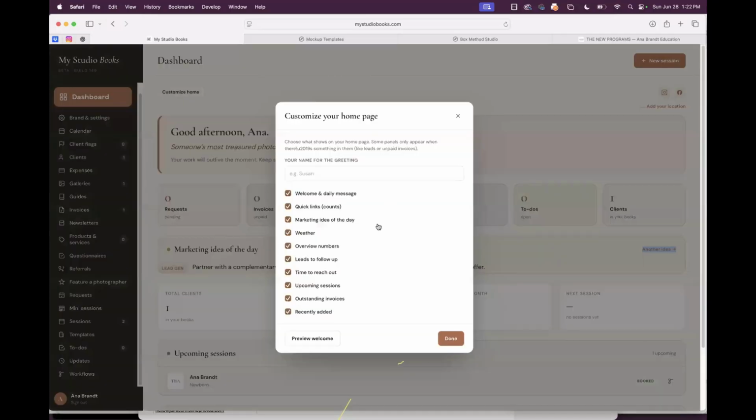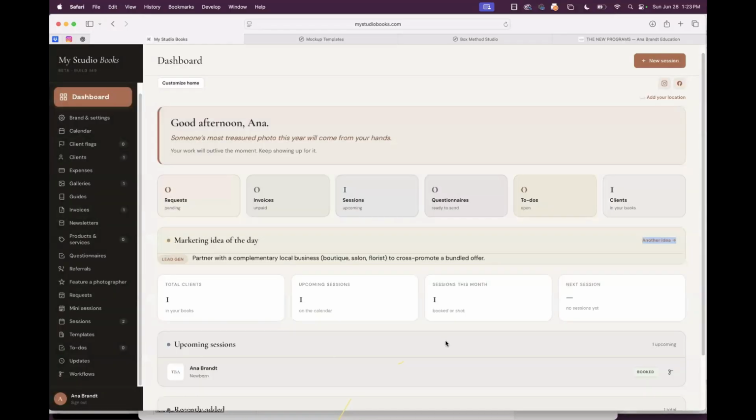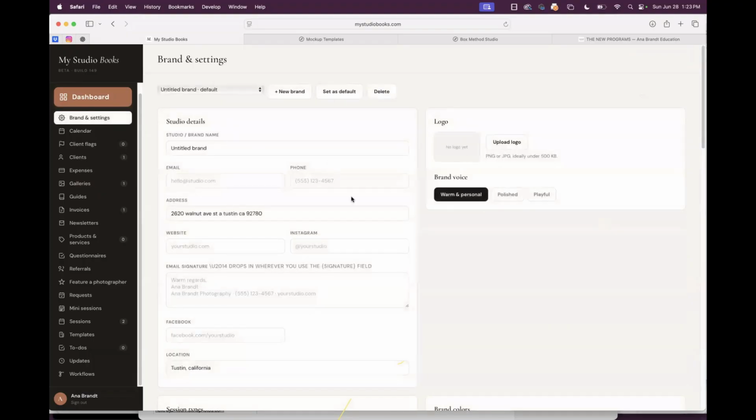You can customize your dashboard. This will continually change. As we build more items, this customization will change. Because what really bothered me about existing CRMs is there are things that maybe don't apply to you or you don't want to see. I don't do weddings. I don't do engagements. So I don't do events. So there's a lot of things that maybe I don't want to include. So that's why customization is very important.